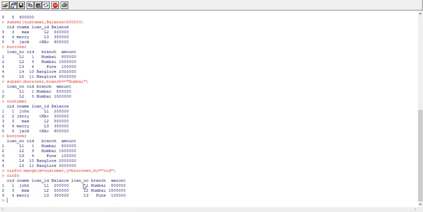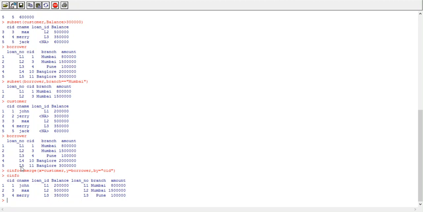See, C info. Okay, now here in customer data frame we have data for 5 customers. Out of 5 customers, only 3 customers have loan in a bank: customer number 1, customer number 3 and customer number 4. In borrower data frame we have data for 5 loan numbers.